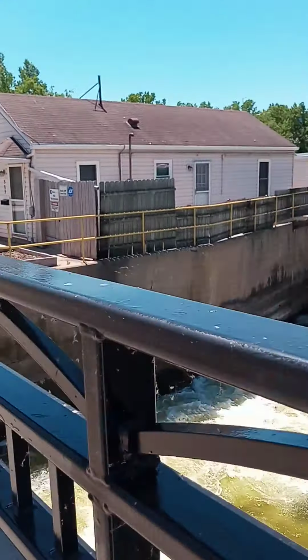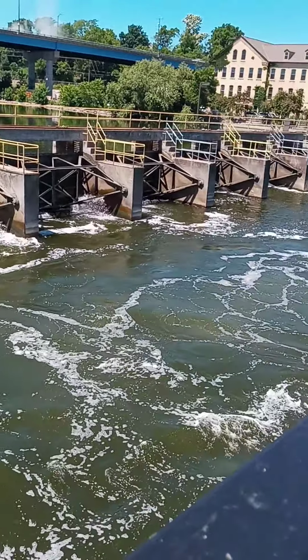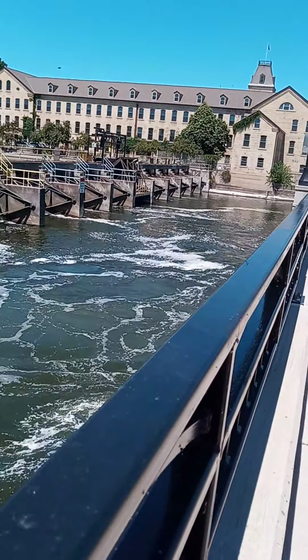And Appleton is about an hour south of my current location in Oconto, so it's not a world away. And this is the general area where my paint shop is. That's why I'm down here today, is finishing up that machine that's going to be heading back to, I believe it's Florida. I lose track. But at any rate, that's why I was down here, is working on that machine today. So this is my little breakaway right here,